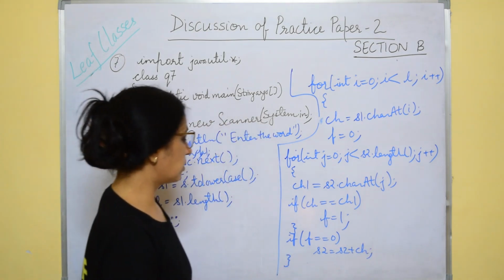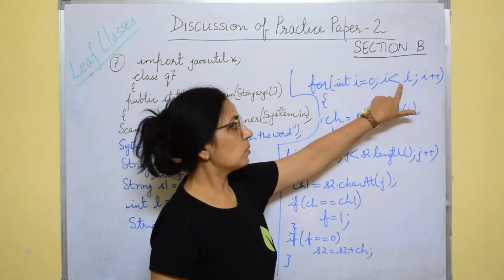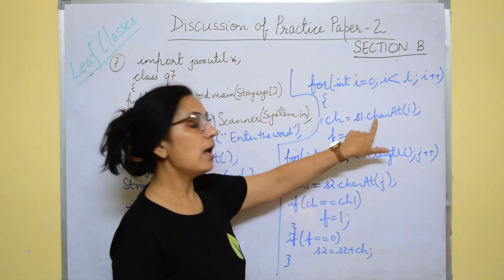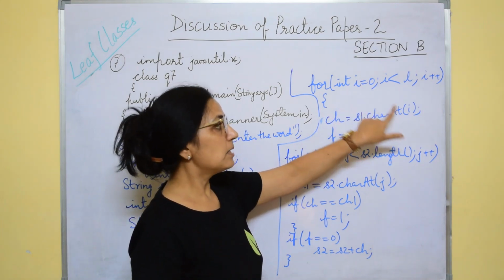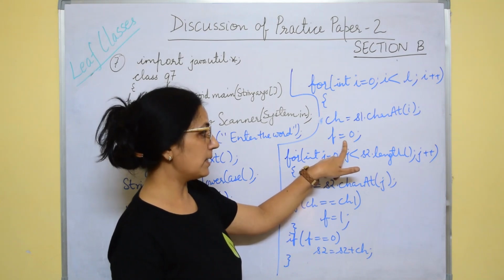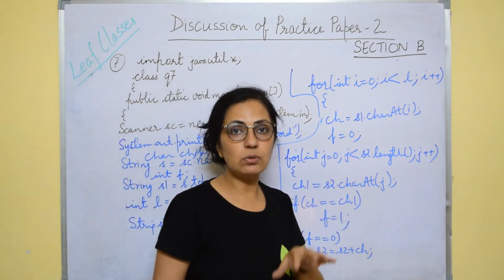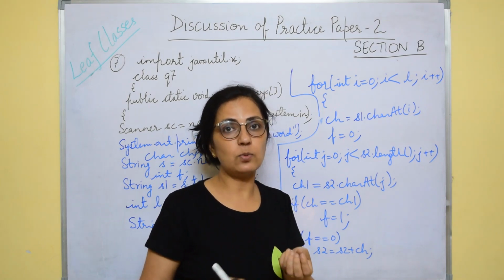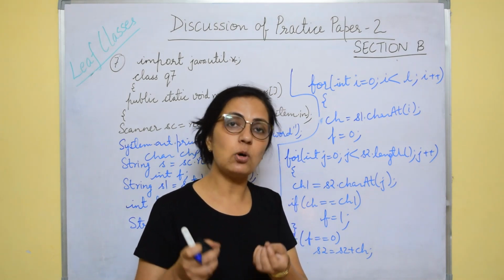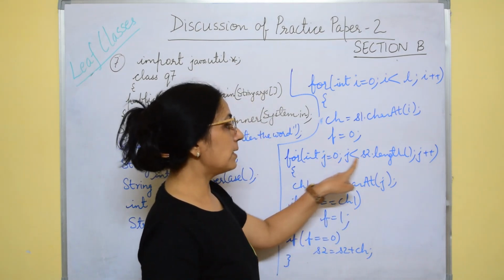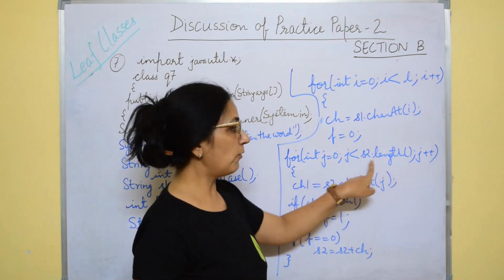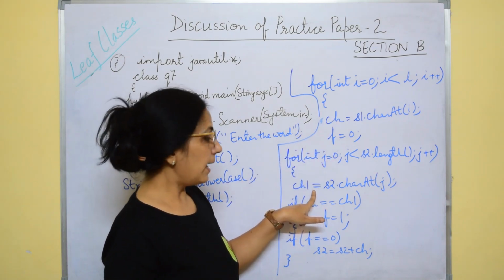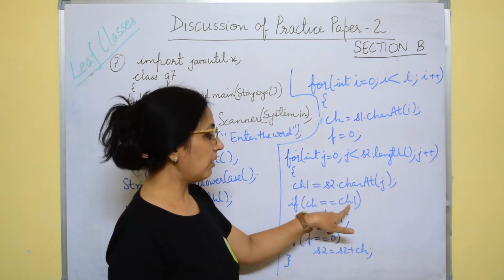Now see again here this question: int i = 0, i < l from the s1 string, right? L is the length of the s1 string. We are extracting the first character, the 0th character for the first time, taking the flag value as 0. Now in s2 we want to store the new string after removal of all the duplicate characters. So every time we are extracting a character from s1, we want to check whether this character is present in s2 or not. So for that, again from 0 we'll take the loop till less than the length of s2, extract the character, compare this character and the character of s2 one by one, and if anywhere the matching value is